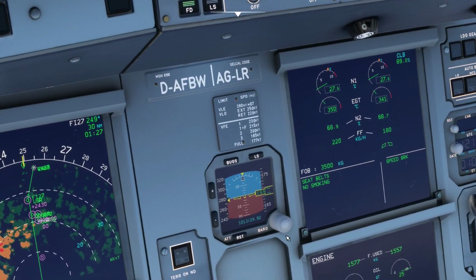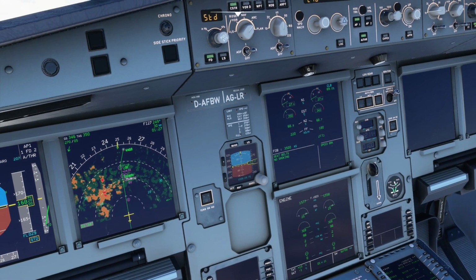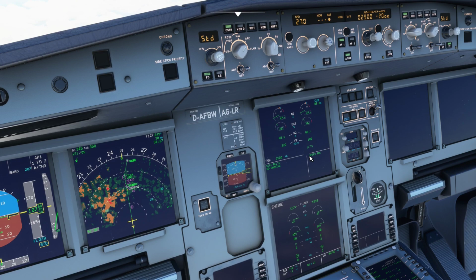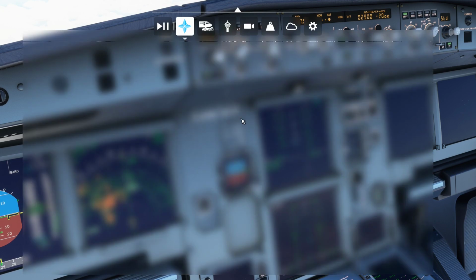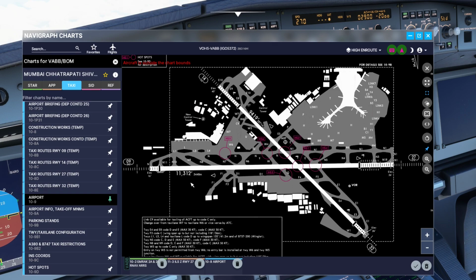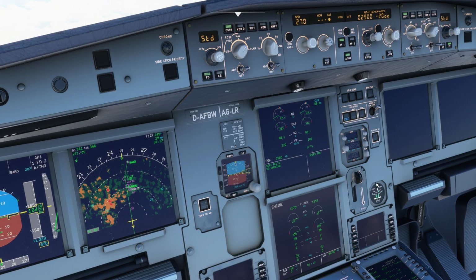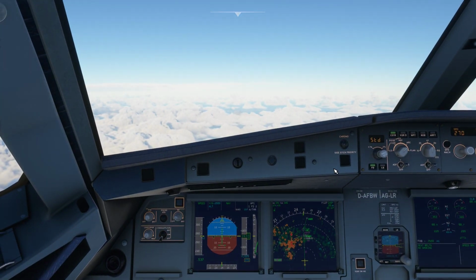We're going to go ahead and set 1006 here on the standby altimeter so we don't forget it later on. And we're also going to arm low auto brake, considering the runway at Mumbai, runway 27, which I can show you guys, has an adequate length. So the length of the runway is nearly 3.5 kilometers, so we're not going to be needing medium auto brake for this. Just low auto brake with idle reverse should be enough to slow us down, even on a wet